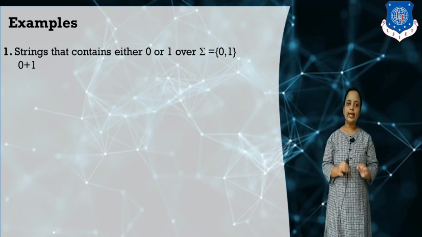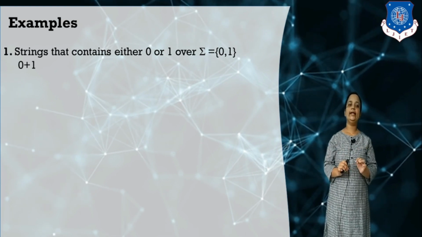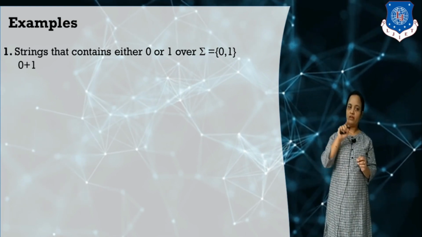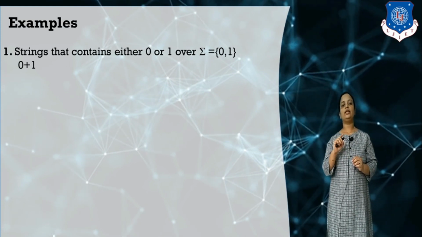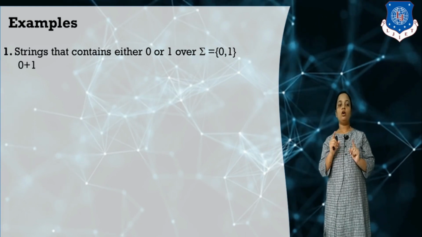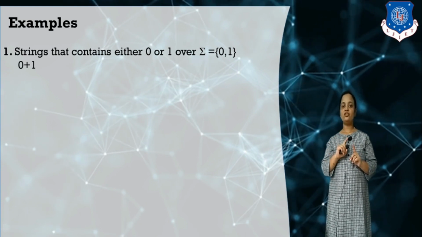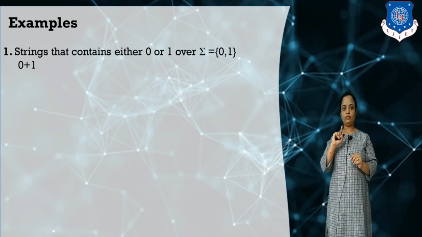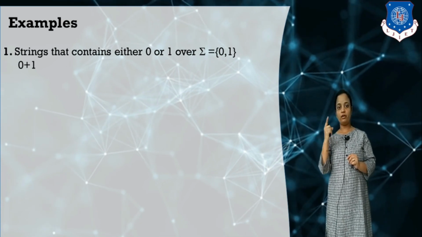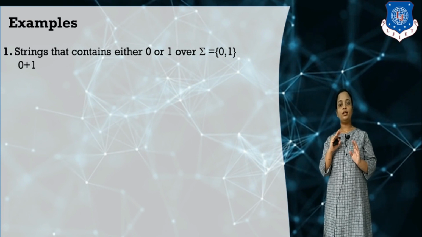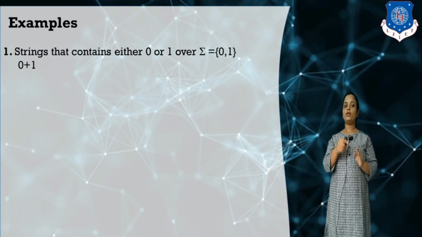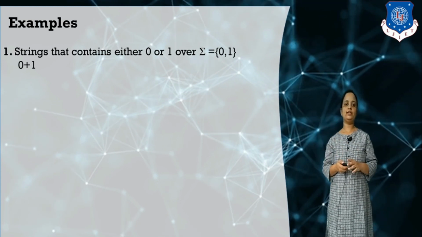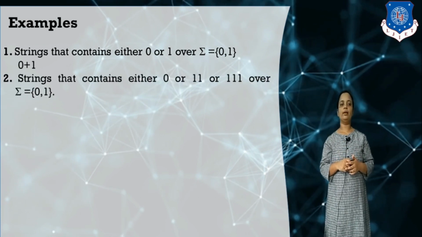This regular expression indicates that the set of strings generated from it is 0 or 1; plus indicates 'or'. Always remember this plus is not mentioned in a power. If I mention the plus symbol in a power, its meaning is different. Here, between the symbols I have mentioned plus, it means either 0 or 1. Likewise, now let us understand the next example.